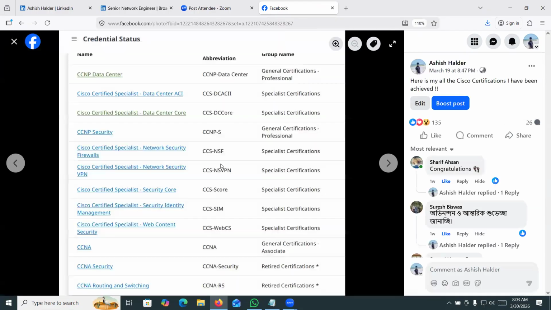So these are my certifications: CCNP Data Center, Cisco ACI, Data Center Core, CCNP Security, Network Security Firewalls, VPN, Security Core, ISE, Web Security Appliance, CCNA Security, CCNA Routing and Switching. Now I am preparing for PCE Data Center.